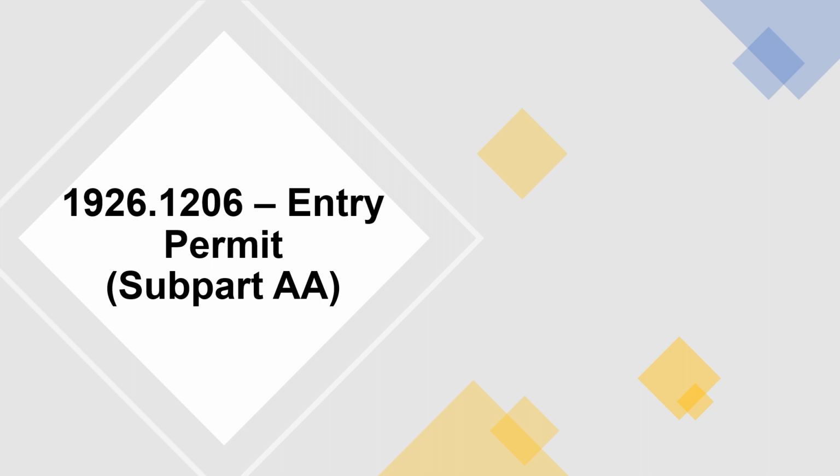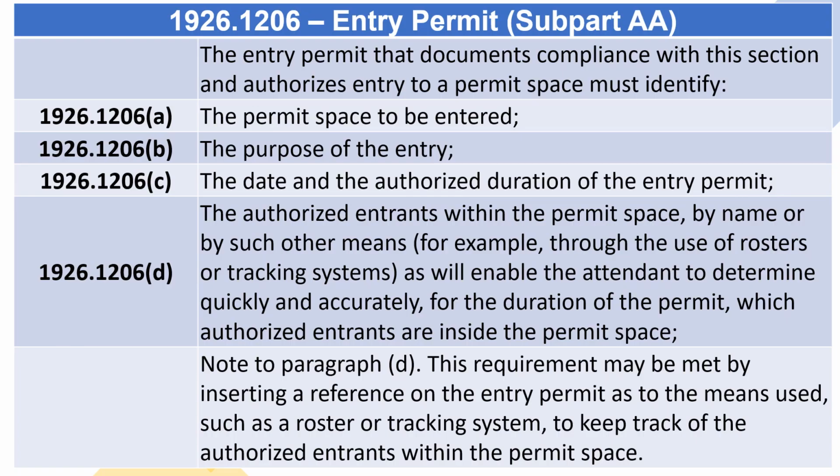1926.1206 Entry permit. The entry permit that documents compliance with this section and authorizes entry to a permit space must identify: (a) through (p). (a) The permit space to be entered, (b) the purpose of the entry, (c) the date and the authorized duration of